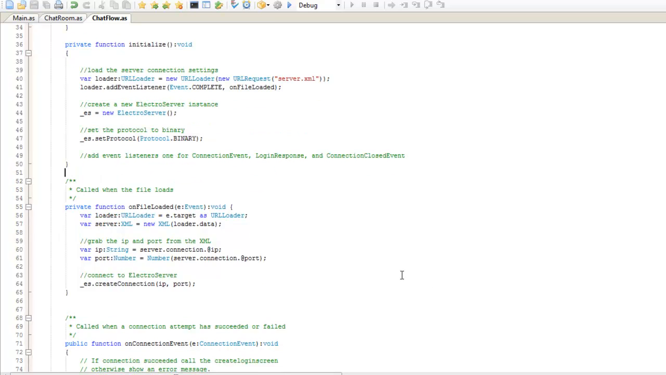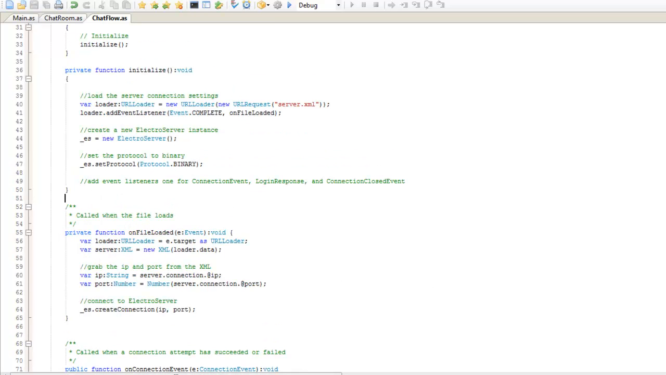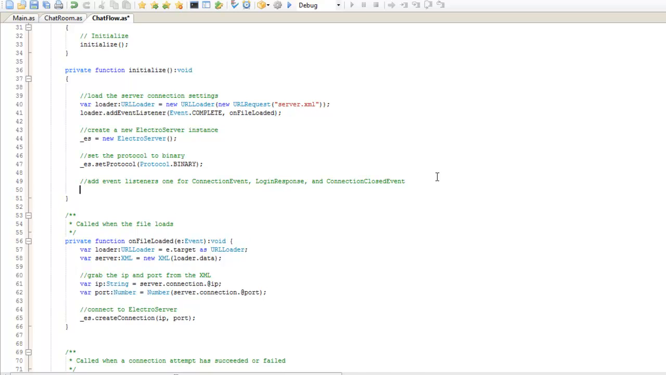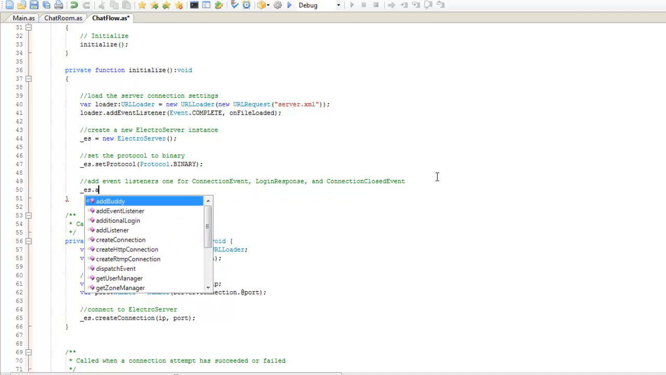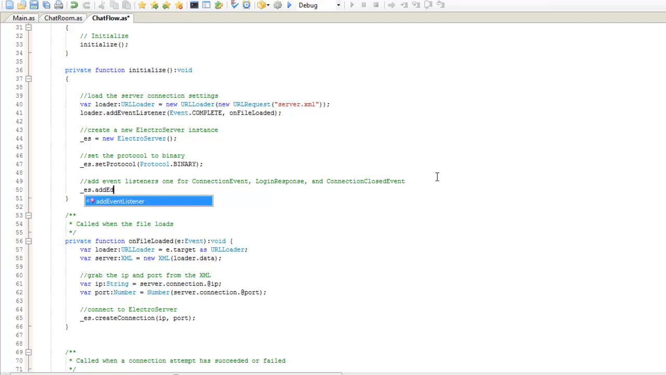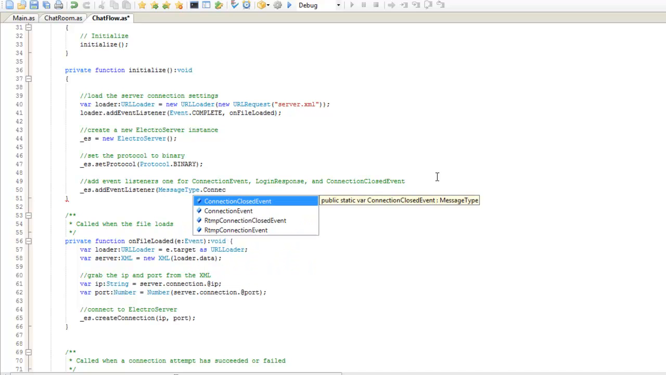All right. So now at this stage, our Electro server object is practically set up for us to add its event handlers. At this point, for our cache flow class, we create 3 event listeners for our Electro server. So add event listener. We'll add one event listener for the connection event. So we have a message type connection event,